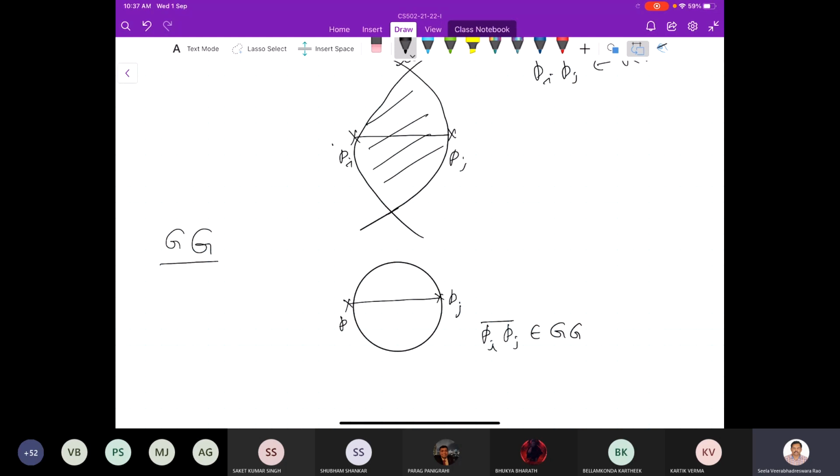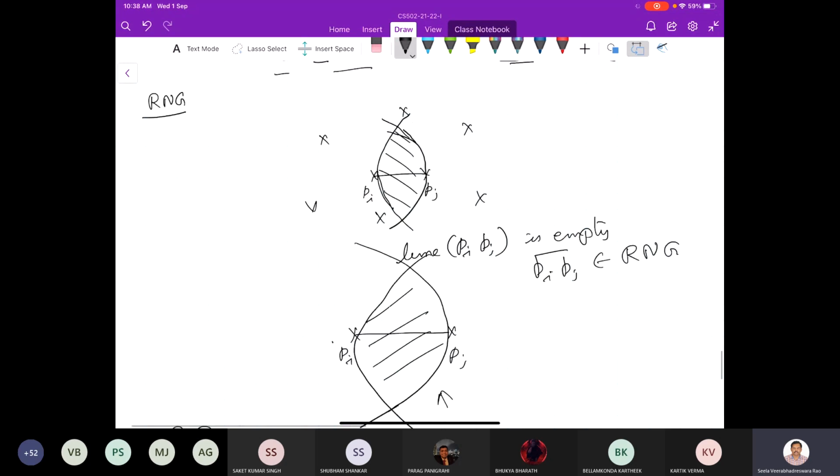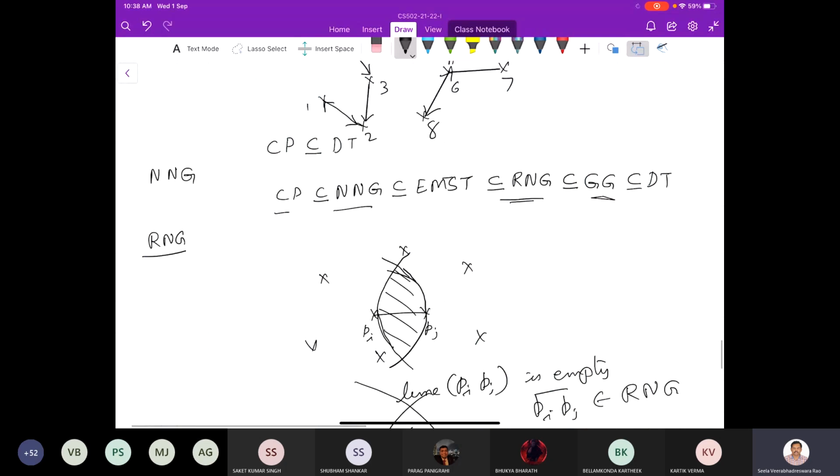So here we are defining these two graphs by means of some neighborhood relation. We are defining some region between them as a neighborhood region. If that neighborhood region is empty, then we keep this edge in the graph. And all the others are defined in terms of distances only, like nearest neighbor. So this is the hierarchy of these graphs.